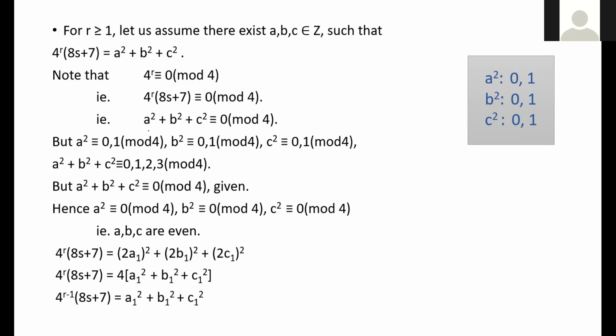But from this, we know that a square plus b square plus c square must be congruent to 0 mod 4. So you can't consider the other cases. It only has to be the case where it is congruent to 0 mod 4. And when will that happen? When all of these numbers leave the same remainder, that is 0. That means a square is congruent to 0 mod 4. When can the square take the form 4k?